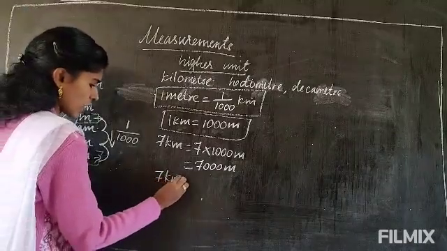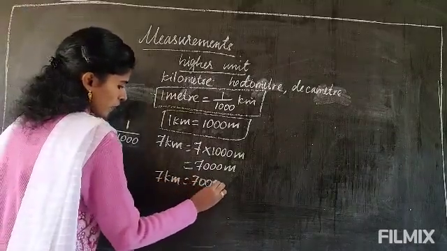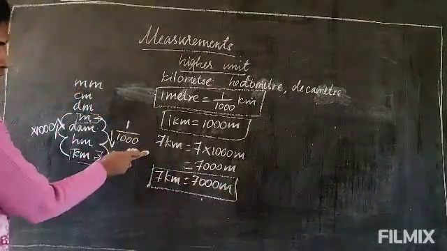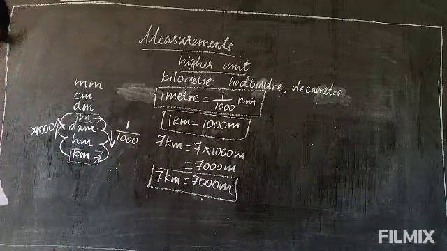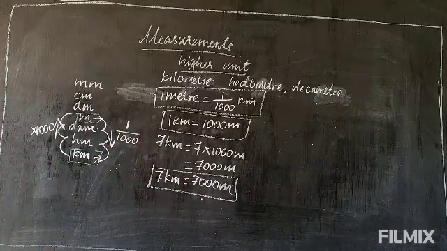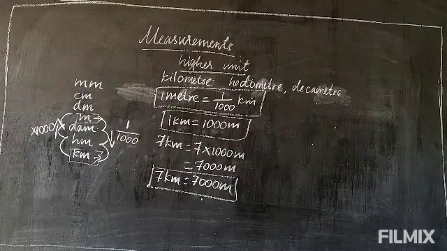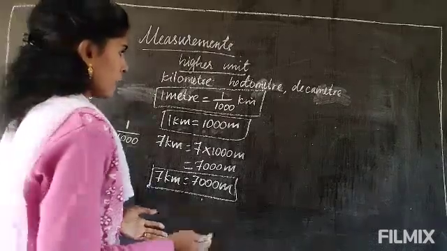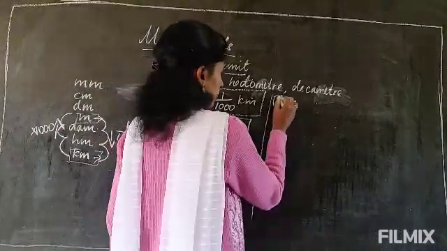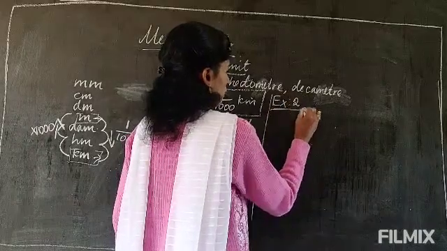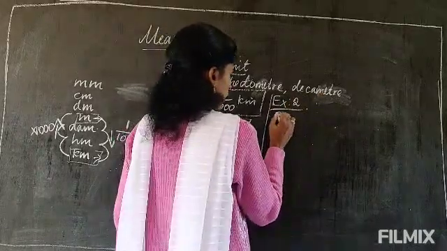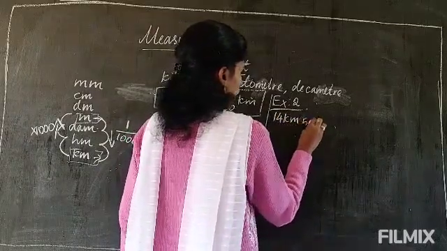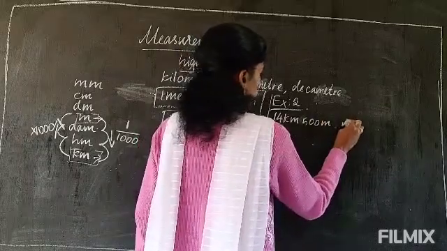Last, you have to take and write the answer: 7 kilometer equal to 7000 meter. So you write the formula, then do the calculation, then last write the answer. This is when only kilometer is given. Suppose it is given with meter and kilometers, how to convert it? Example 2: suppose it is given 14 kilometer and 500 meter into meter.